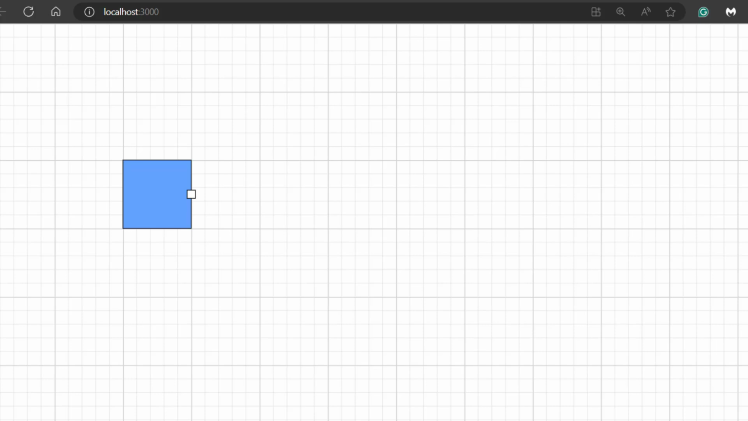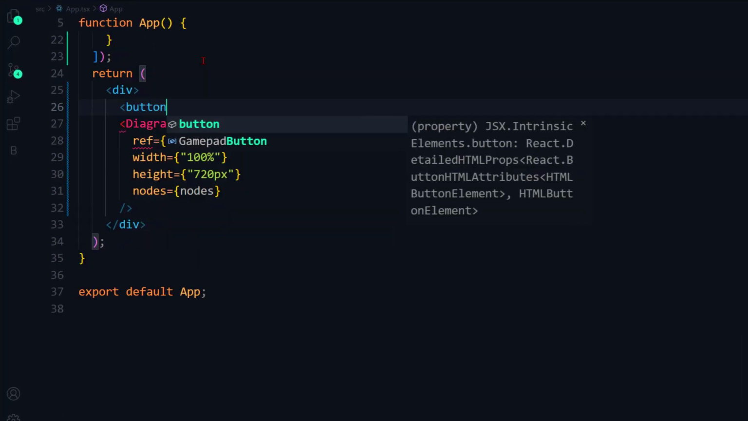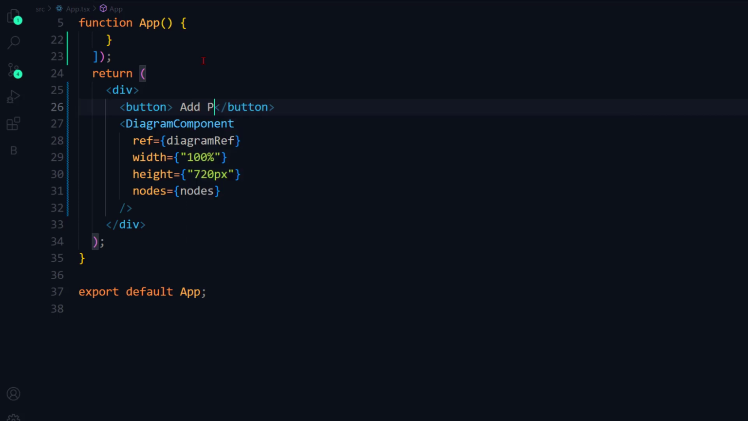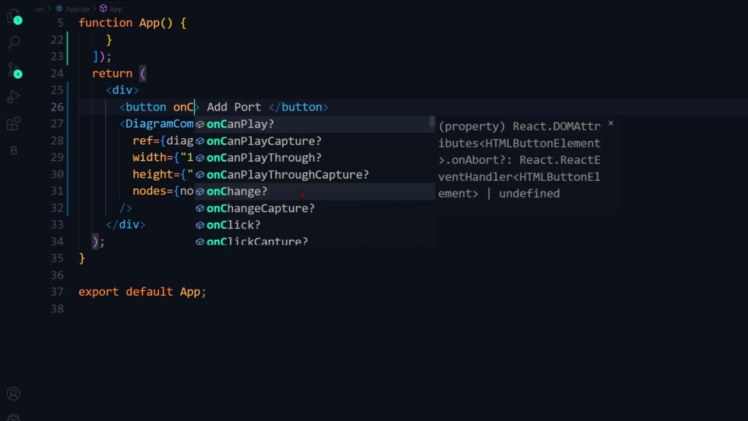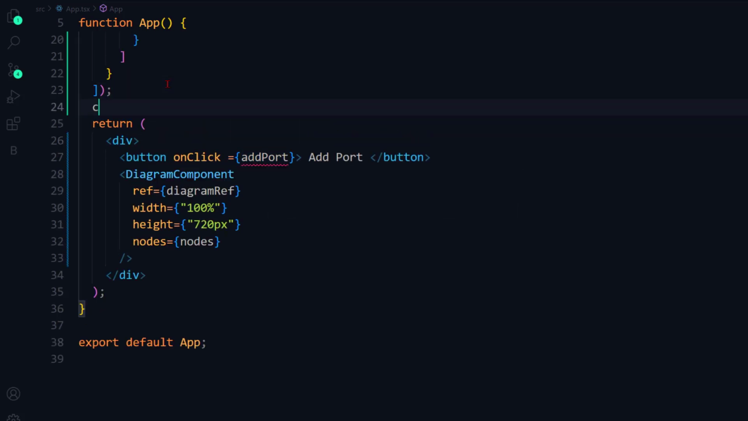Next, I'll show you how to create a port dynamically with a button click. Let me add a button component and set the content as Add Port. I also add the onClick event with an event handler. I define the addPort method,